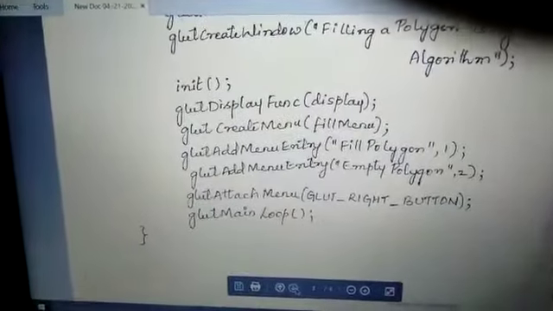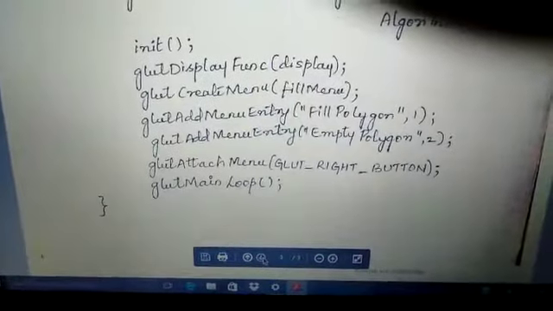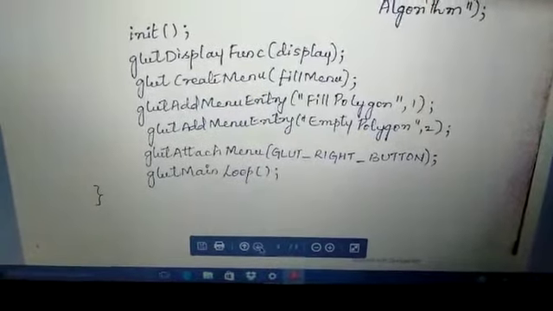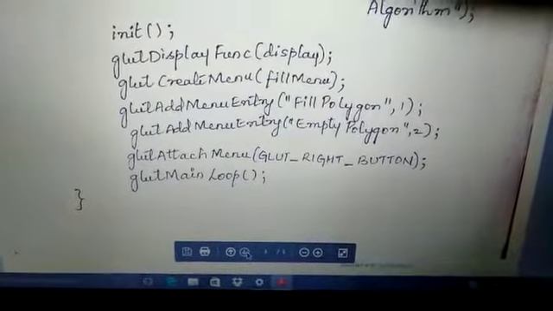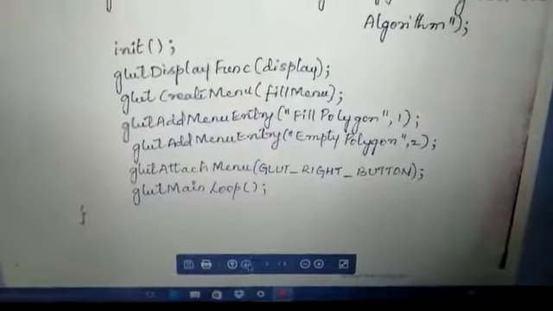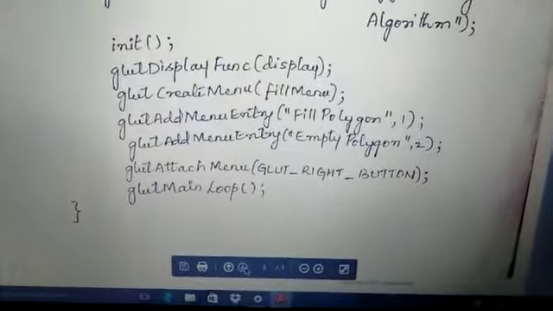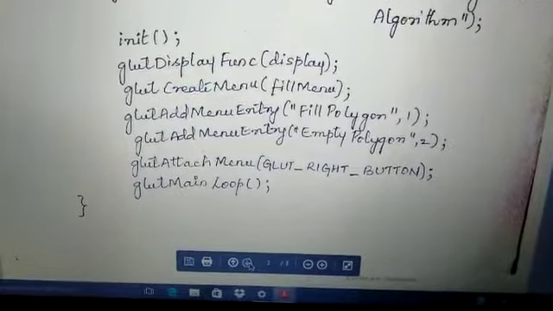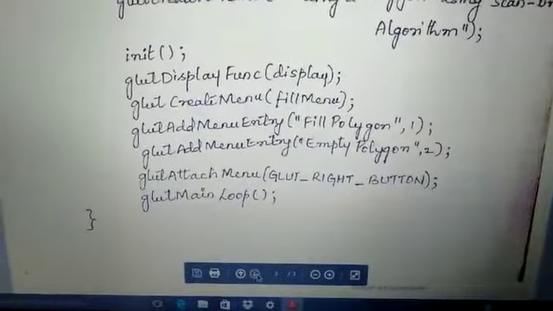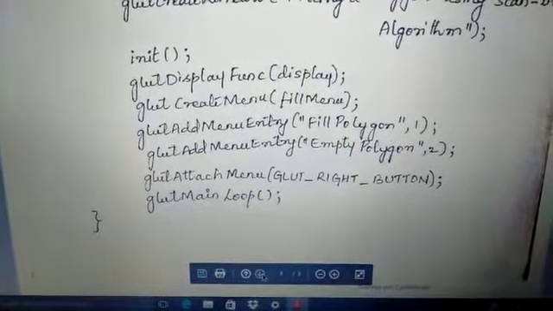And we have the right click button of the mouse, so for that we have attached glutAttachMenu. So whenever we click on the right button, we would be coming out with a menu entry. That is, we will have two options: fill polygon as 1, empty polygon as 2.